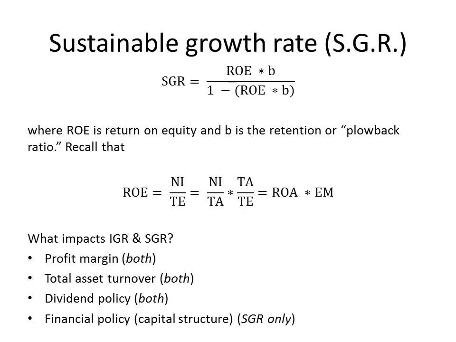The formula for sustainable growth rate looks quite similar, only instead of having ROA, we have ROE. Everything else is identical. What's the relationship between ROE and ROA? Recall that ROE is simply ROA times the equity multiplier. What does a sustainable growth rate mean? That's the rate at which you could grow sales assuming full capacity on internal equity alone and enough debt to maintain a constant debt-to-equity ratio.